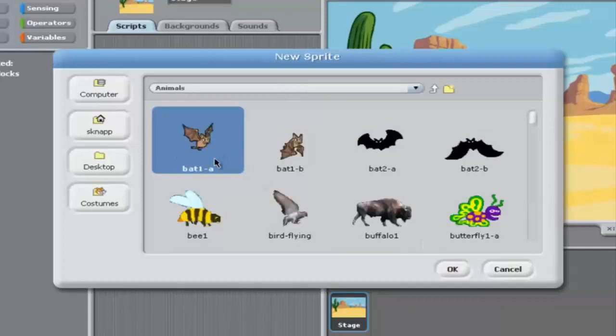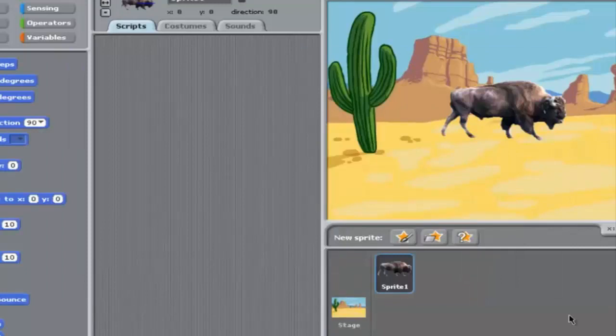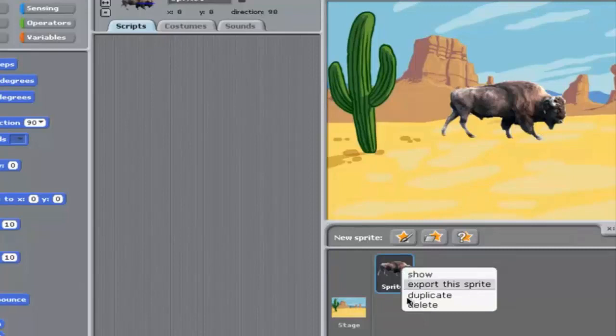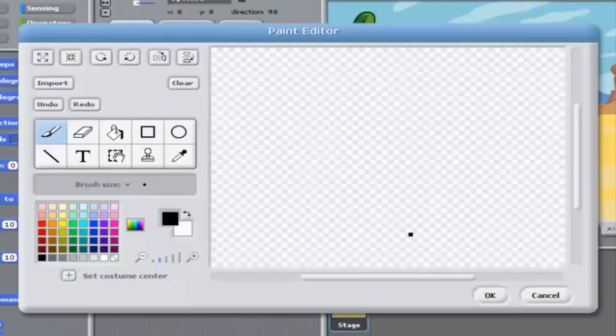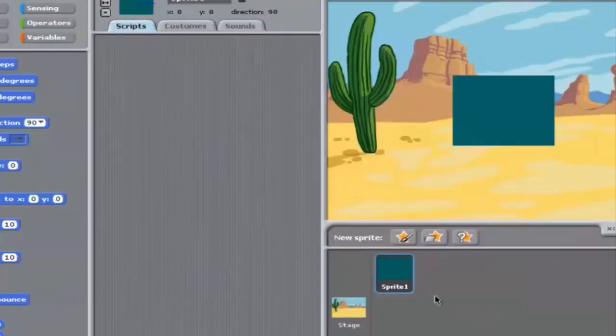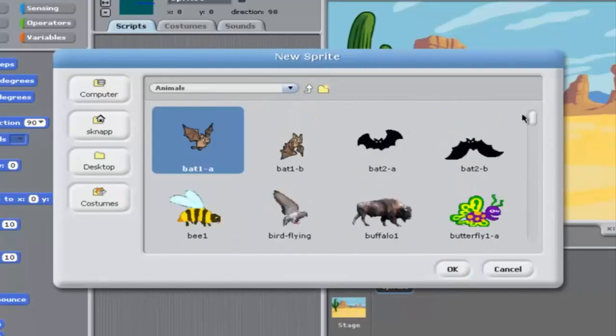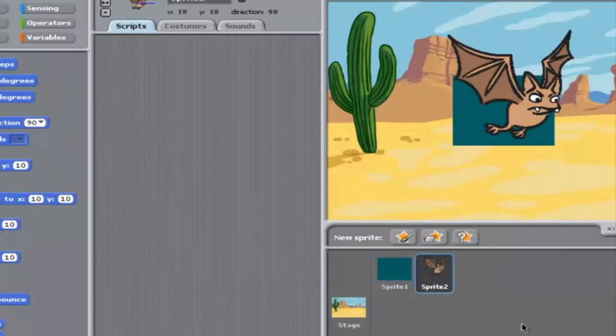So for example, I can pick one of the animals. So let's say that I really like buffalo. So there we have a buffalo on our stage. Now if it's not something that I like, I can pick something new. So I can actually paint my own sprite if I want. So you can use all kinds of drawing tools and make your own. Or you can import a sprite from someplace else in your system. So again, Scratch has a large number of sprites as part of its system. And that's kind of a quick and dirty introduction to